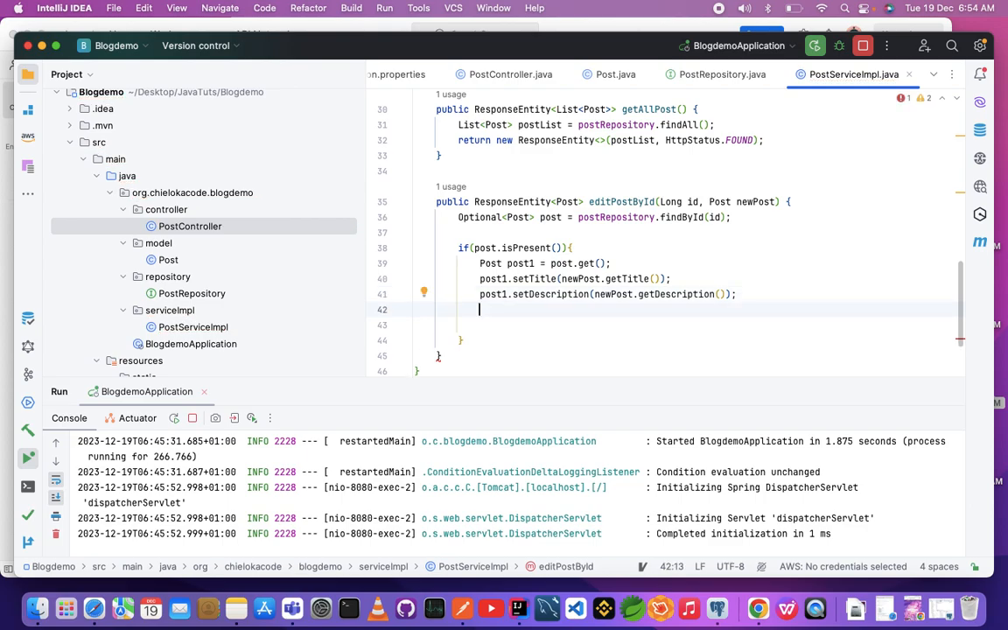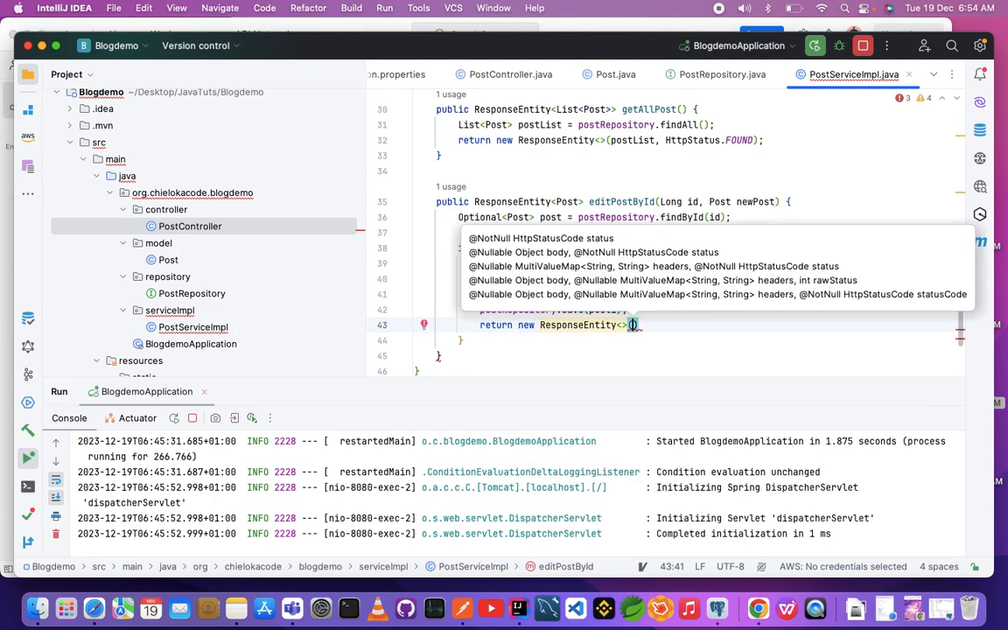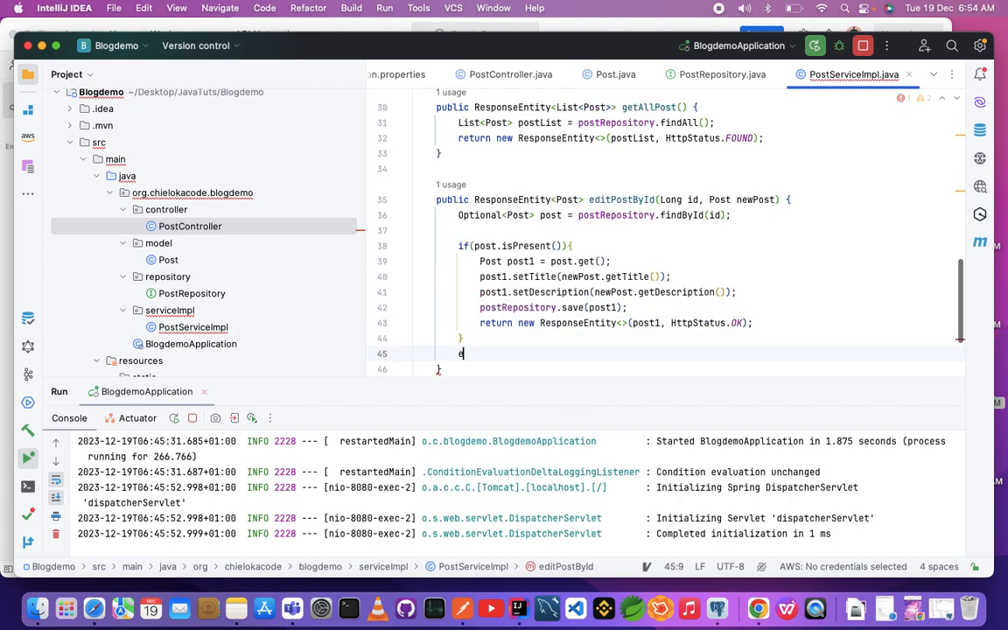And then the next thing, a very important step, you now have to save that post back into the database. So we're going to call the post repository dot save, and then you're saving post one. Sorry, it's post one. The next thing to do is to return new response entity, and then post one, then HTTP status of OK. You can use OK, or let's use OK. And then else,